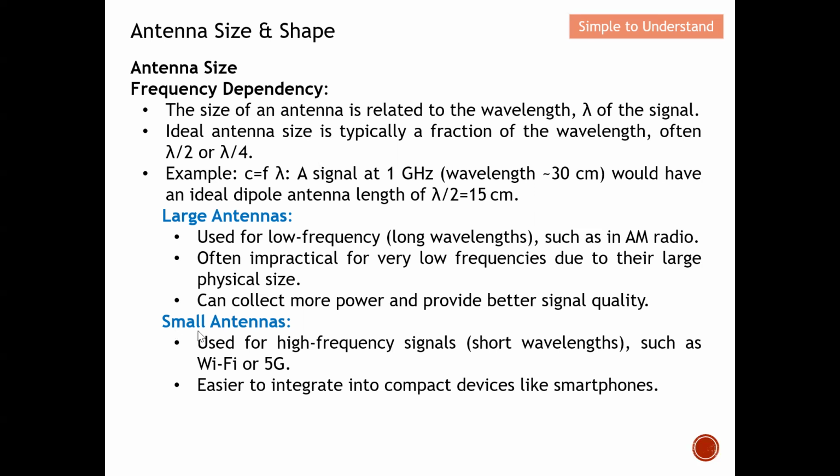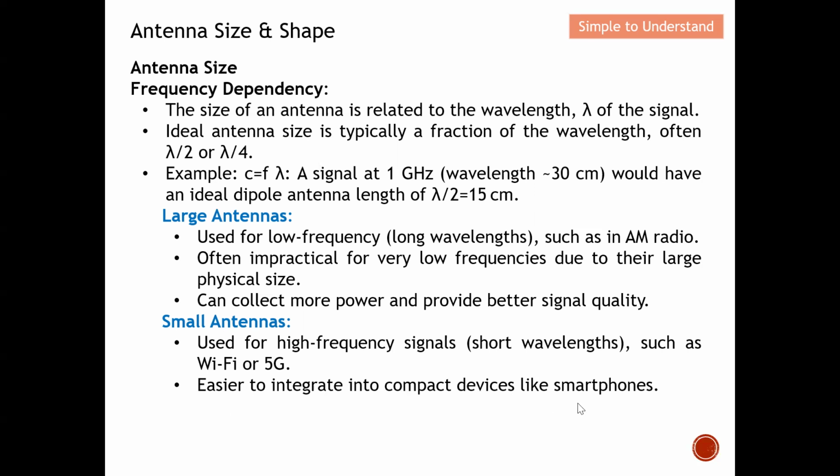As for the small antenna, nowadays most of our devices are so-called portable, so we are getting more and more designs in terms of small antenna. Small antennas are mainly used for high frequency signals. High frequency means we are going to have a short wavelength, for example for Wi-Fi or 5G. So basically these are considered high frequency. Therefore, the size of an antenna will be very attractive. We have a small antenna so that it will be easier to integrate into compact devices,